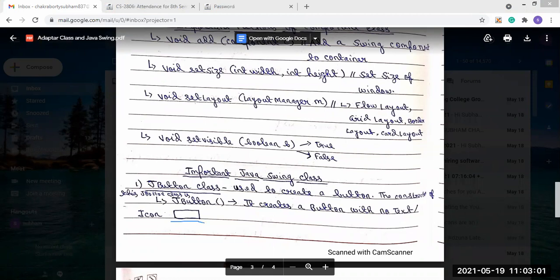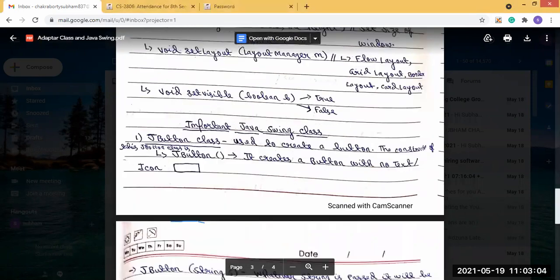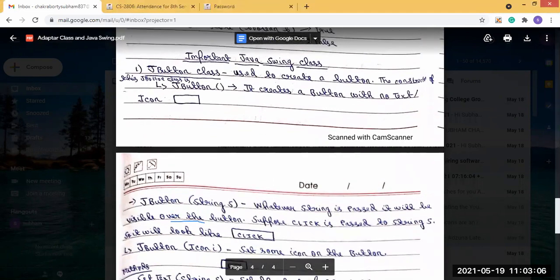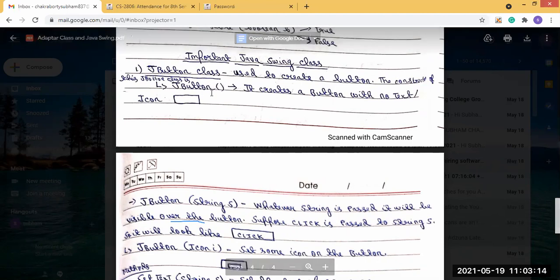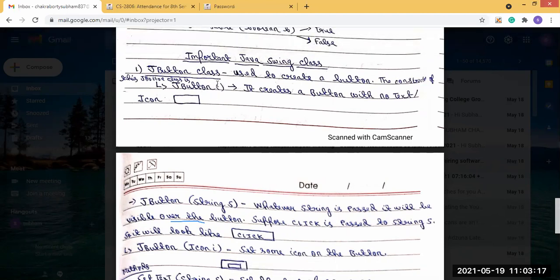Then our next is the JButton class methods. We saw the constructor, and now we will see the methods. The next constructor is JButton, and as a parameter we are passing String s, that means a String object.